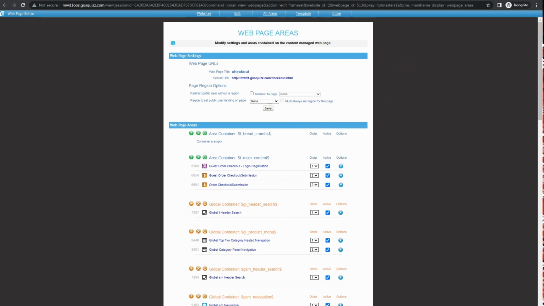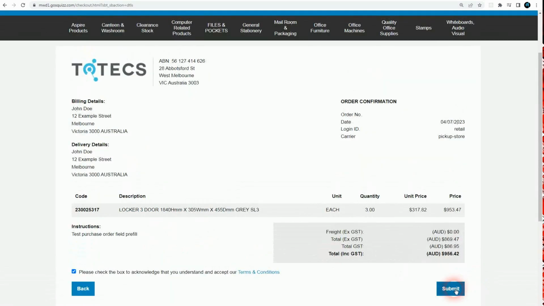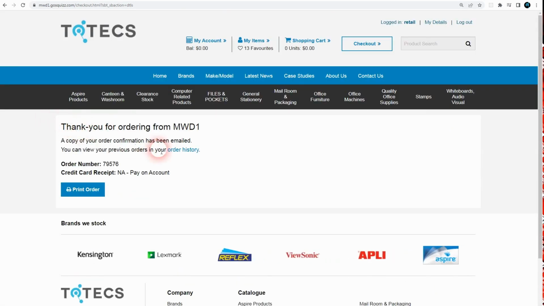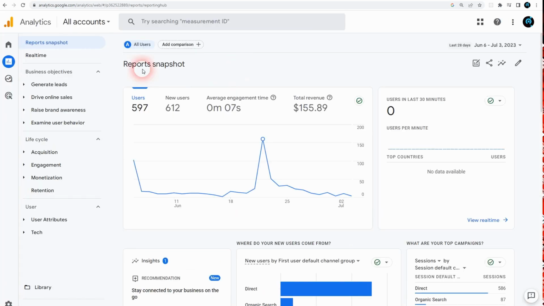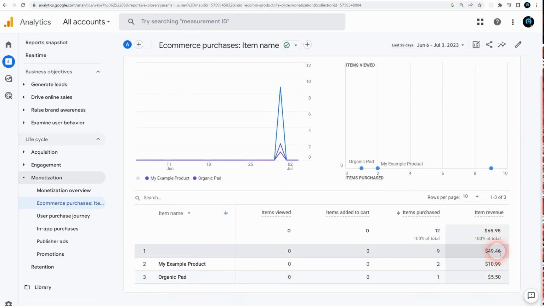Once the data has been set up, back on our Content Manager website, if we add products to basket and check out, the next time we submit the order and the user successfully sees the success message, then the order will be fired across to Google Tag Manager, and if all the configurations are correct, then that will allow that order data to flow onto the Google Analytics 4 service. Then within Google Analytics 4, under the reports menu, if we expand the monetization option and go down to e-commerce purchases, then within the graphs here, we'll be able to see the numbers of those orders increasing as more orders get raised, as well as more events take place and are recorded by Google Analytics.